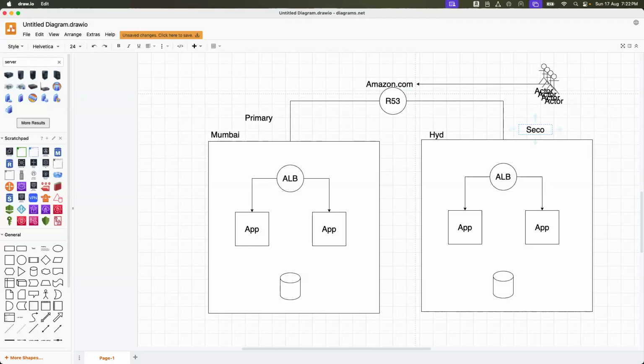Secondary region. This is my primary, this is my secondary. Primary is active right now, and this is not active. I mean, this is there, but it's okay. So now what happened? The moment Amazon.com reaches Route 53, Route 53 always routes the traffic to my primary region, and from there the application is loading from the primary side. Okay, and all of a sudden,